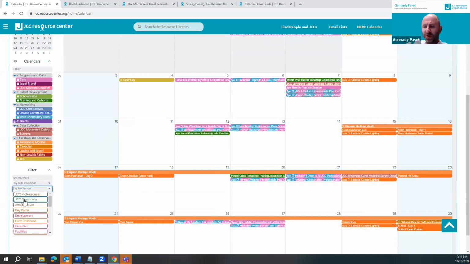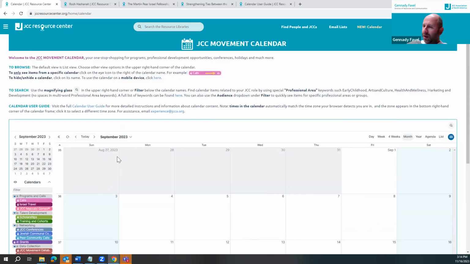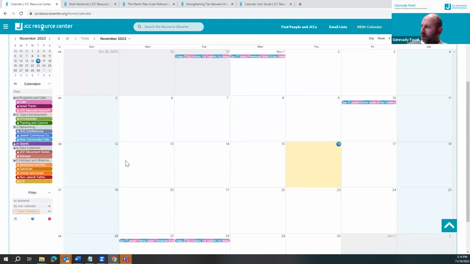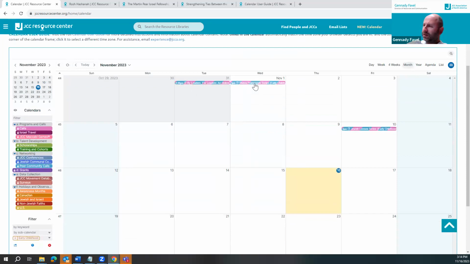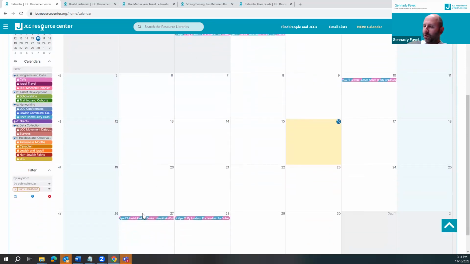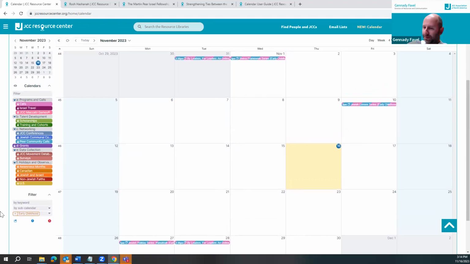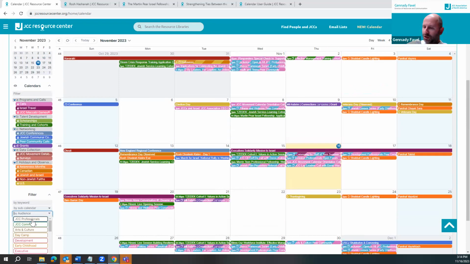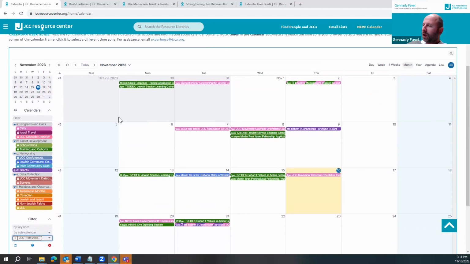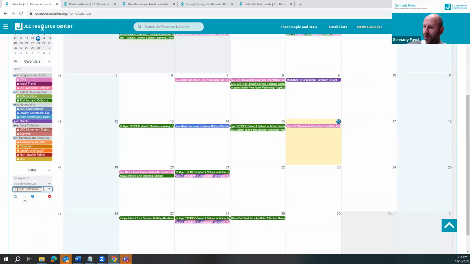If something is for the community, it'll have JCC community in it, but it also has specific professional areas. For example, if I'm looking for items for early childhood staff, I'm going to choose early childhood here. And let's go to November. We see that these are the items that we believe would be helpful for early childhood staff. Let's do one more, JCC professionals. These are the items that we believe would be of interest to all JCC professionals.